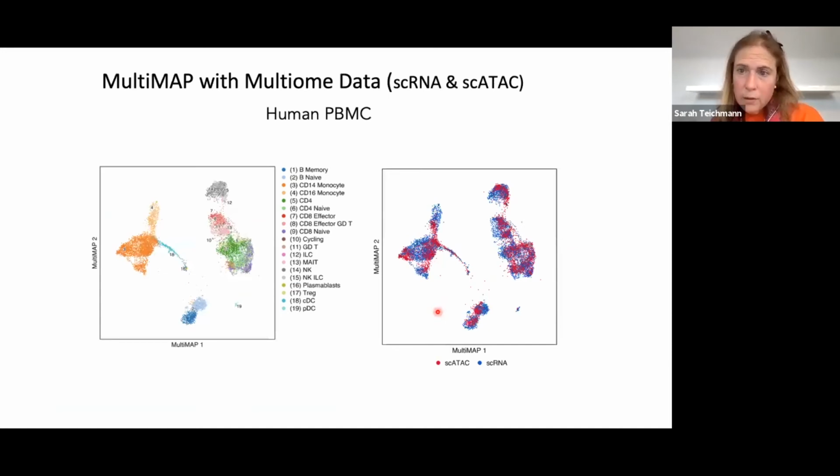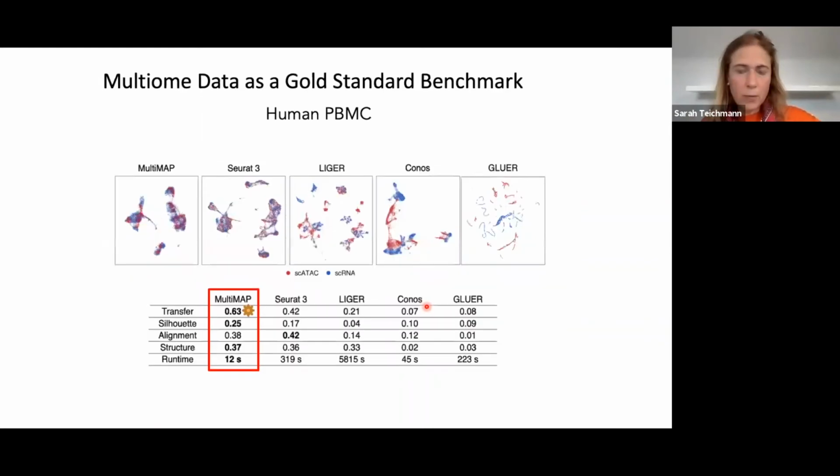Now the sort of gold standard in a biological sense, I showed you the toy examples of the jelly roll and the MNIST writing earlier, but the biological gold standard is this data set of human peripheral blood mononuclear cells, where we have both transcriptome and open chromatin from the same single cell. So we kind of know what the solution is for integration, and we can use this as a benchmark,